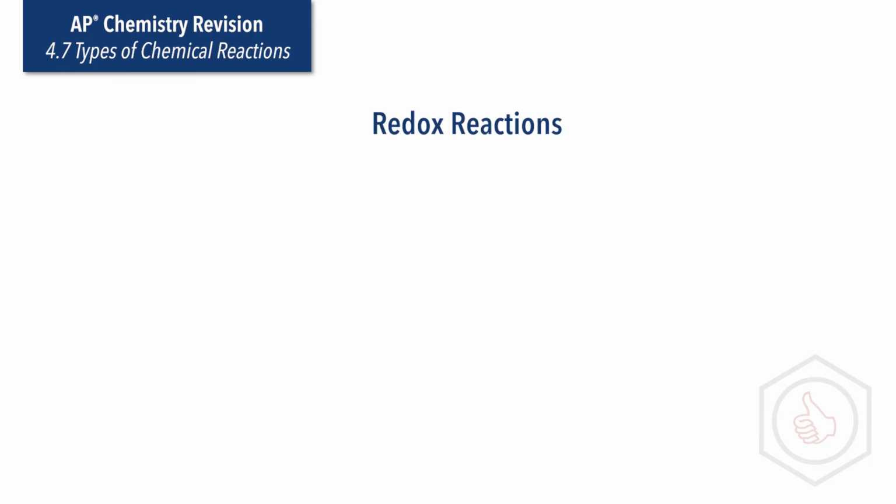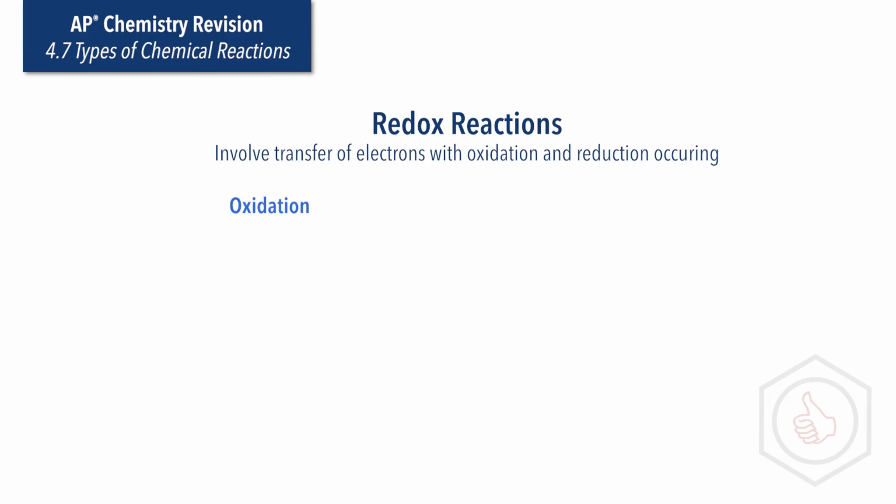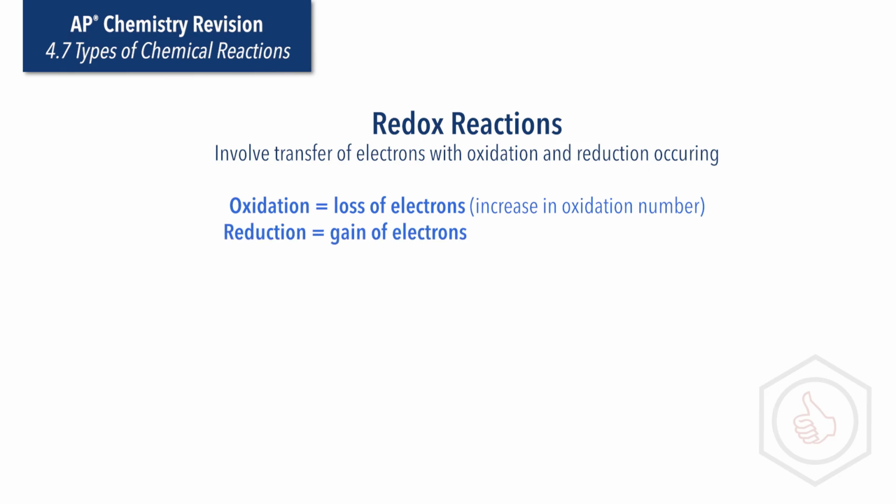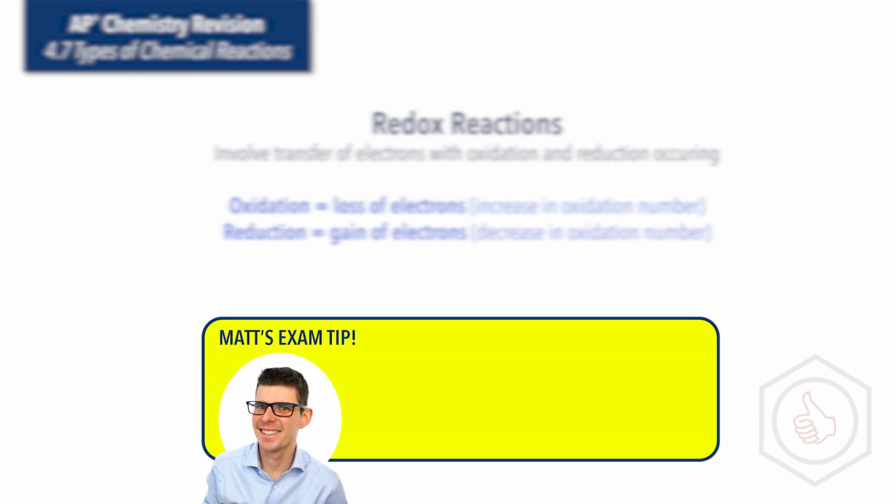Redox reactions involve the transfer of electrons and include oxidation and reduction. Oxidation refers to the loss of electrons by a species and an increase in its oxidation number. Reduction refers to the gain of electrons by a species and a decrease in its oxidation number. Exam tip here: remember that in a redox reaction, electrons are transferred from the species that is oxidized to the